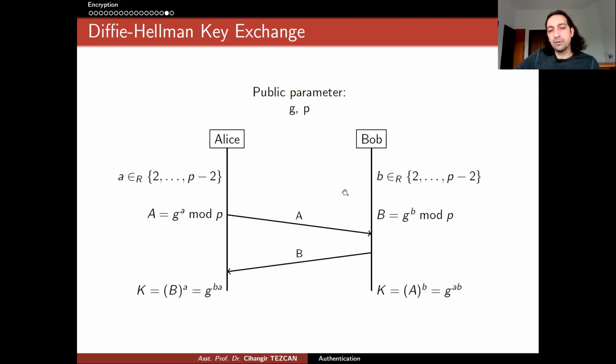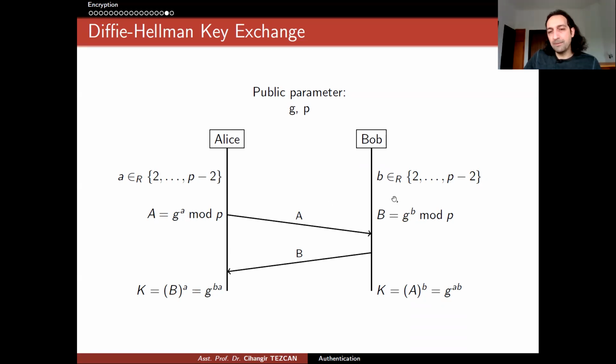So Alice chooses a small letter a, takes the a-th power of g modulo p, computes this capital A, and sends it to Bob. Since this is a public communication and the channel is not secure, Eve captures this value. So Eve knows capital A. She also knows g and p, but she has to capture small a from here, but this actually equals solving the discrete logarithm problem, which we agreed is hard to solve. So this doesn't help Eve to capture the small a.